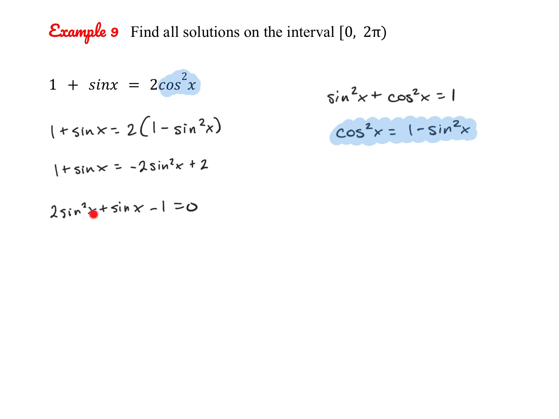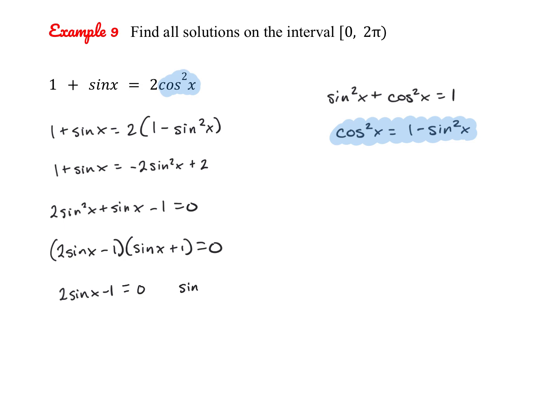To factor this, we could do substitution again, or you can jump straight to the factors if you're comfortable doing this. So we have 2 sine of x minus 1 times sine of x plus 1. And if you multiply this out really quick, you should get what we have above. And then this, we can finish solving